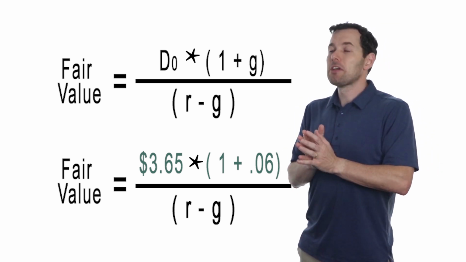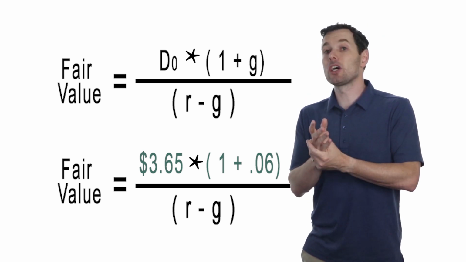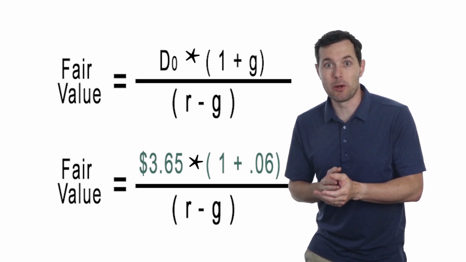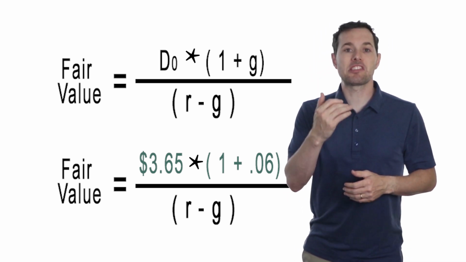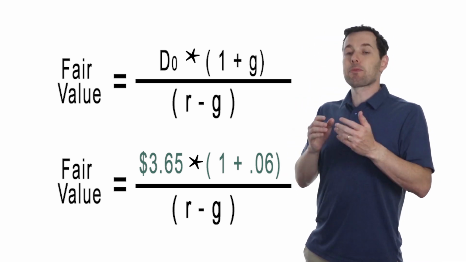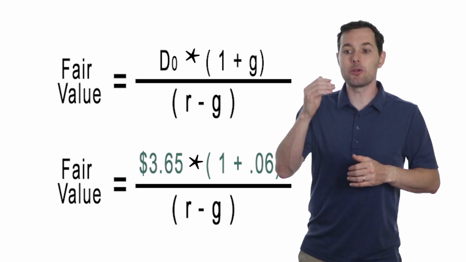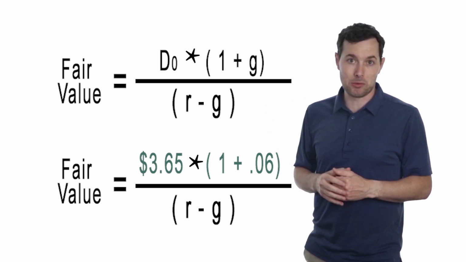Now, I'm okay with this because I checked on the financials and I calculated Johnson & Johnson's payout ratio. They're paying out about 60% of their profits. So in theory, they'd have a little bit of wiggle room if their profits were to fall. I think that they can consistently continue to increase their dividends, at least in the foreseeable future.